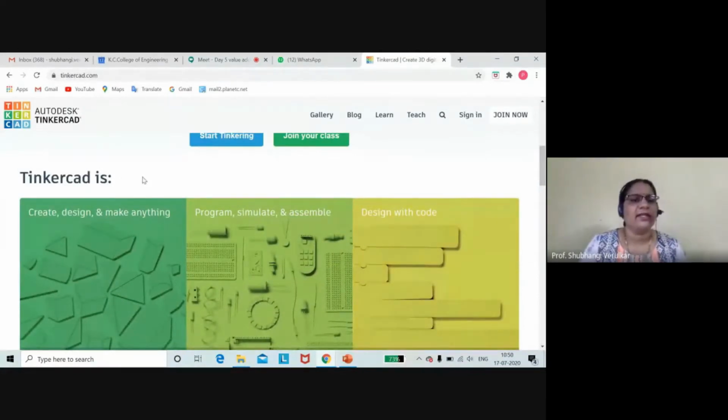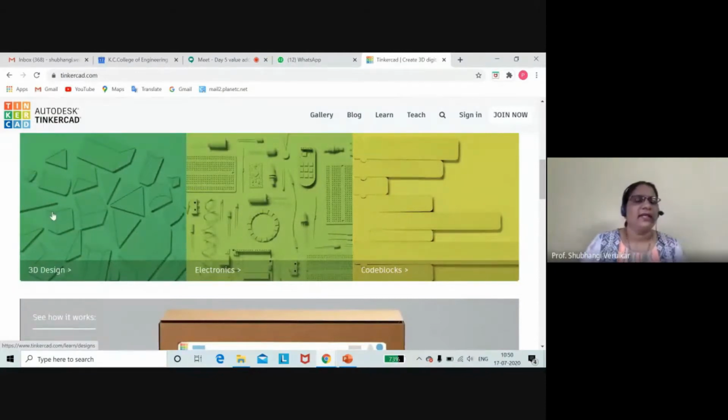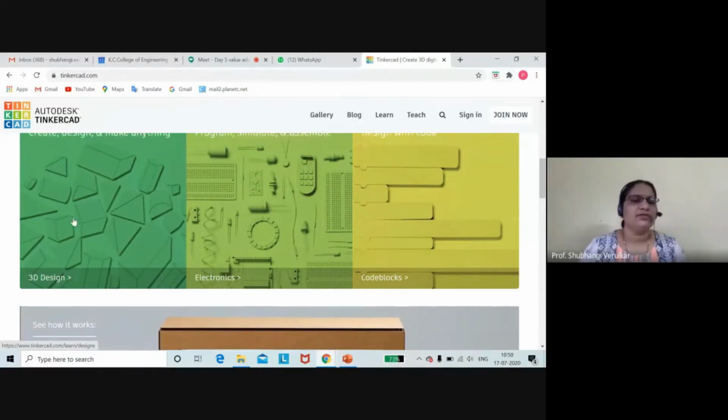Tinkercad is available in three categories. First, you can create, design and make anything in 3D design. If you are interested in designing or developing a model in 3D, you have to choose this option.